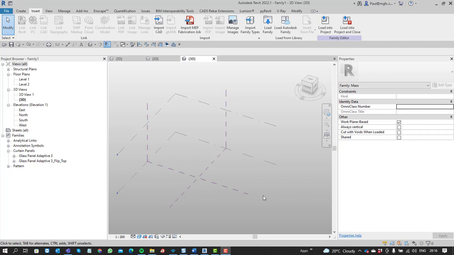Hi everyone. In the last two blogs we had a look at the modeling of a mass in place in a Revit model, and then how we could apply a pattern-based adaptive family onto those divided surfaces. And we saw that in the case of the revolve, the parameterization worked without a hitch, and in the case of the loft